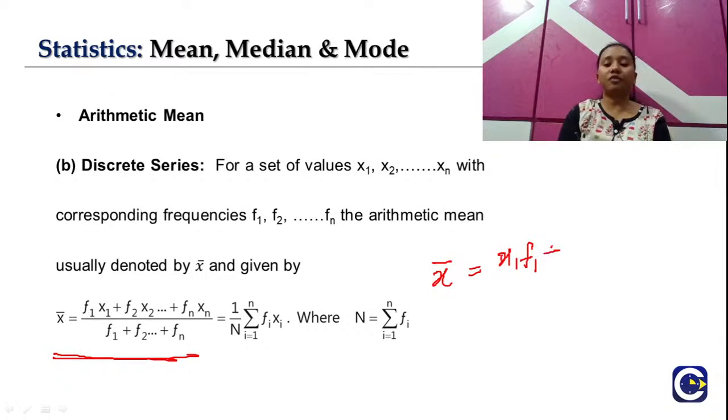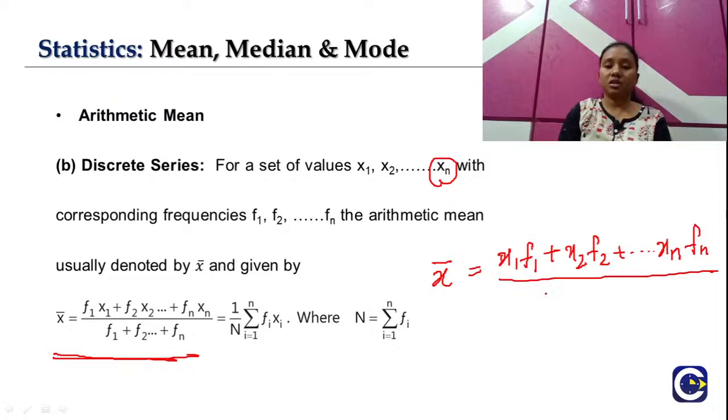So x1 into f1 plus x2 into f2 plus and so on until how many terms here we are having? N set of values. That means xn into fn divided by, in the denominator it will be the sum of all the frequencies, which means f1 plus f2 plus and so on until